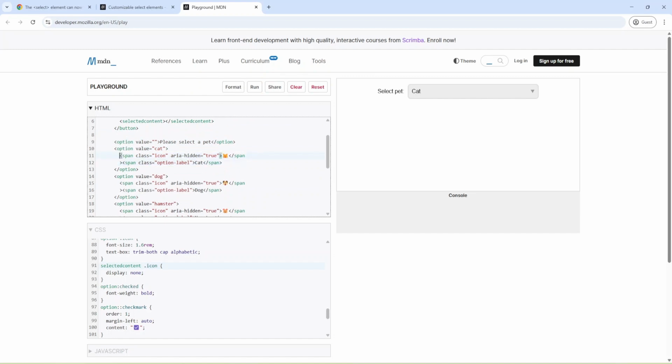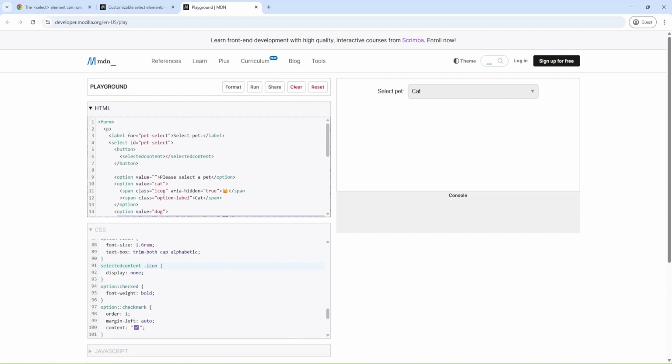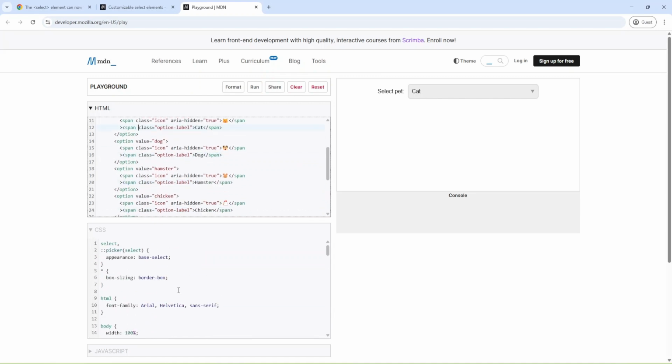We have a span tag, and this tag has the class icon and aria-hidden true. This aria-hidden was added for accessibility in order not to repeat the word twice. The rest of the options have the same content, and we also have a span with the class option-label.